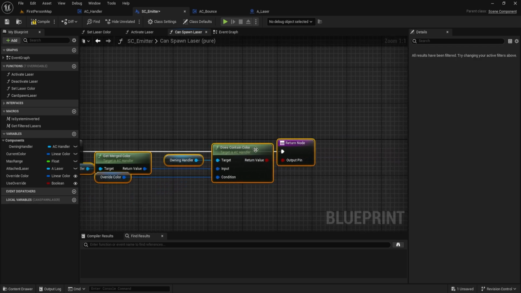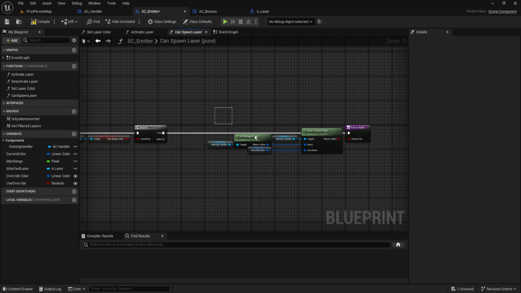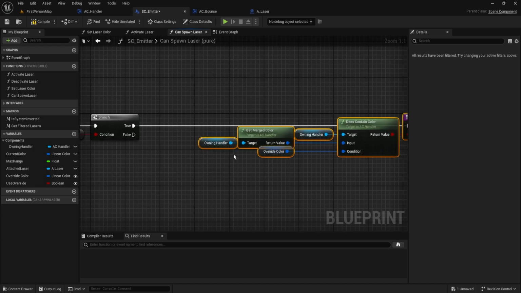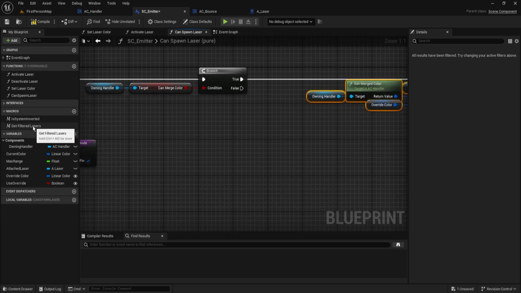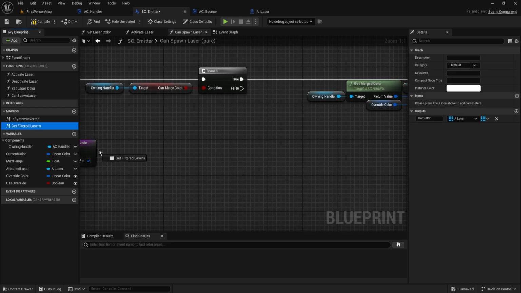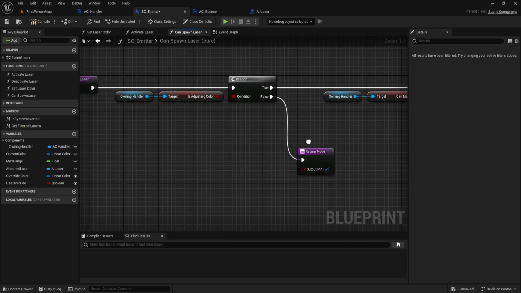So let me just align this up, give it a bit of space. There we go. So now this will check whether our merged color fulfills the conditions that are needed. On the other hand, if we're not using the merged colors, what we want to do is get our filtered lasers here,